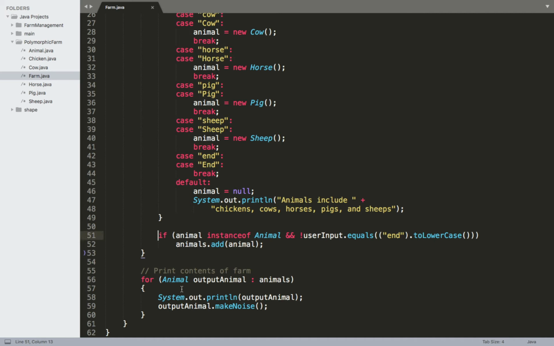I have one additional check that I've included right here to make sure that the thing that we've provided is something that matches up. So we want to make sure that animal is an instance of the animal class. And if that's the case, then we can go ahead and add it. We'll also do our check to see if the user put in the word end, if they want to go ahead and terminate here. And based on that, then we can determine if we want to go ahead and add something to the animal